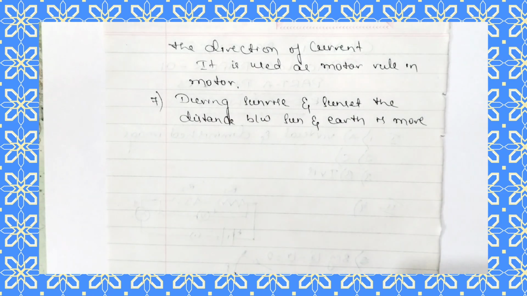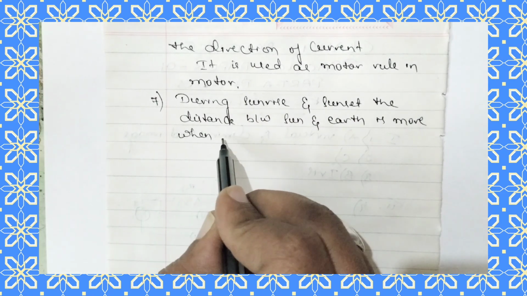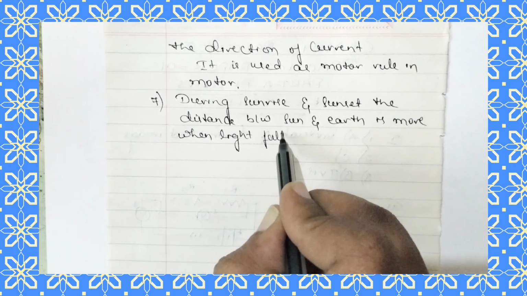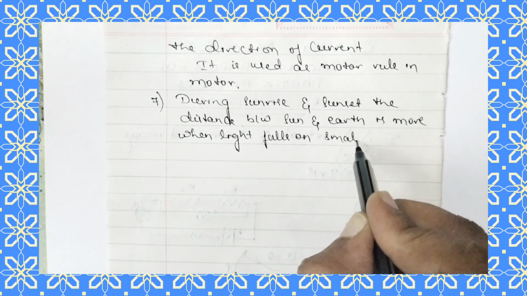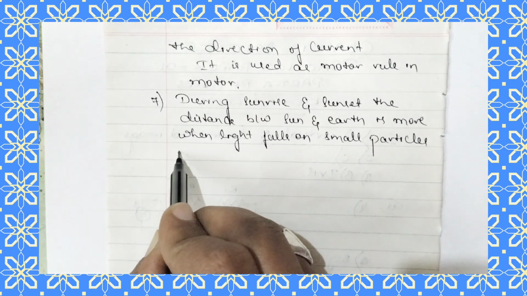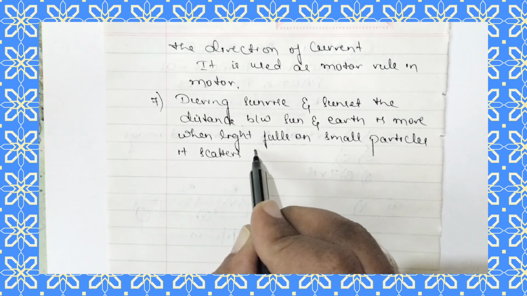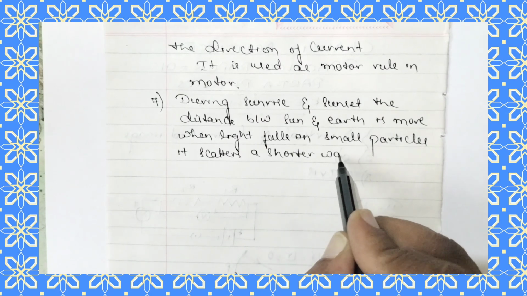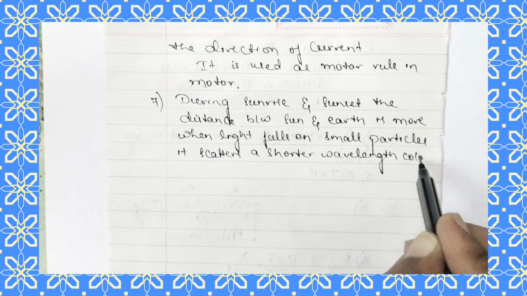When light falls on small particles, it scatters the shorter wavelength color light,